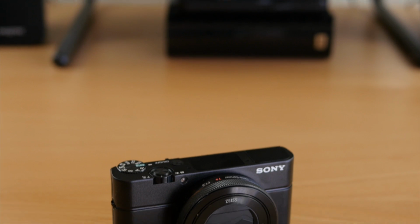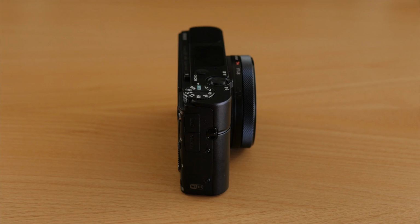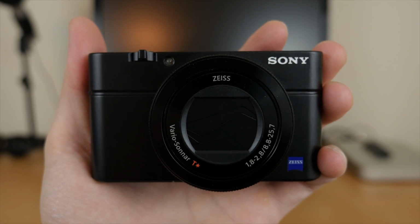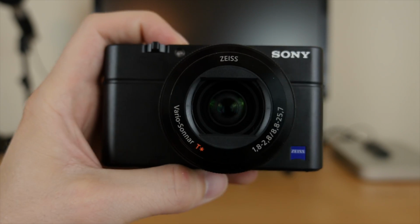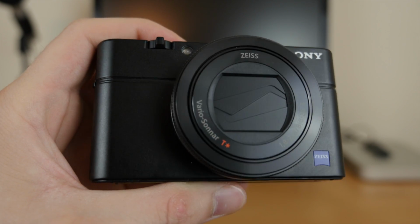So overall, I'm in love with this camera. The compact size, the dynamic range, the high resolution photos and videos, the quick autofocus, the built-in ND filters, the pop-up LCD, the EVF, everything about this camera. The lens is great. I love this camera. It is expensive, like I said before, it's $948, but it is worth it if you're looking for a small,